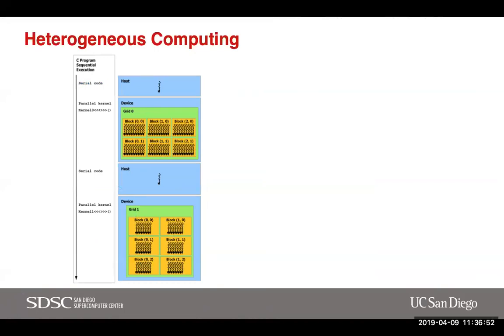So how does a GPU program work typically? People talk about heterogeneous computing. What that means is, it's not homogeneous. You don't have just a CPU, but you have a CPU and a GPU, and the CPU is often referred to as host and the GPU as device. And so you would have, for instance, a C program that executes serially on the host, and at some point